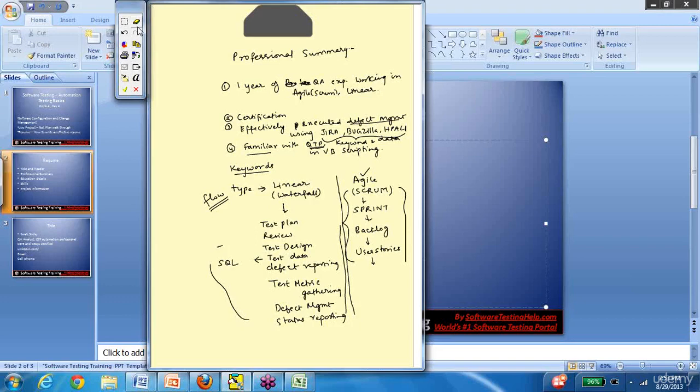And then imagine a resume beforehand, how you would want your resume to look, and work towards it. But do not include stuff in your resume which is not true. Okay? You should be able to answer any questions that come up based on what you've included in your resume.